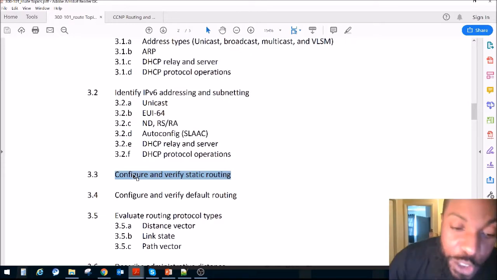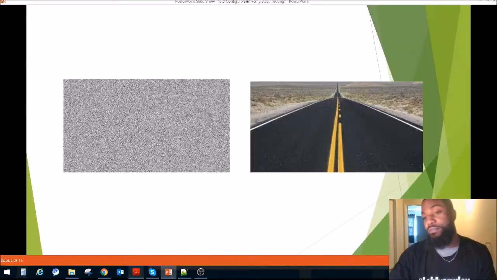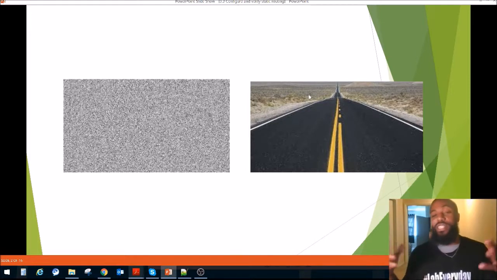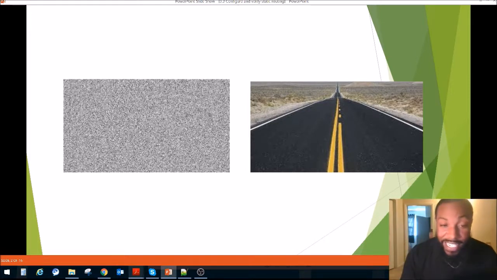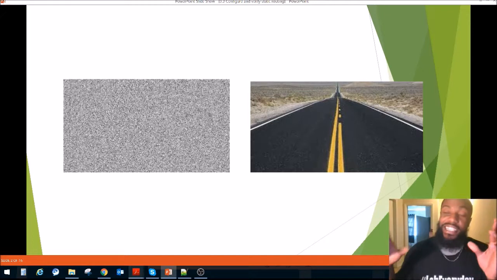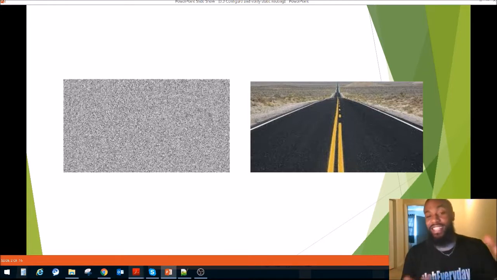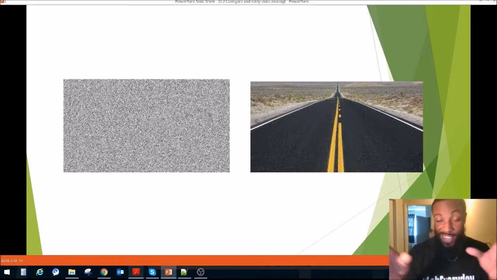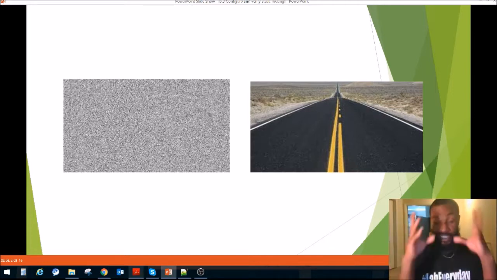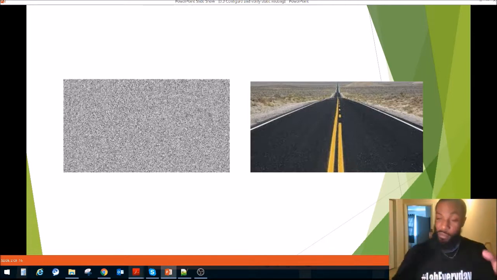Let's head over to the slides and take a look at the official definition. Actually, this is another corny image that I came up with. Static on the left-hand side and on the right-hand side, a route to somewhere. Corny stuff again, you know me. That is not a static route. These two images are not a static route. It's a static route if you look at it in the literal sense, but this is not a static